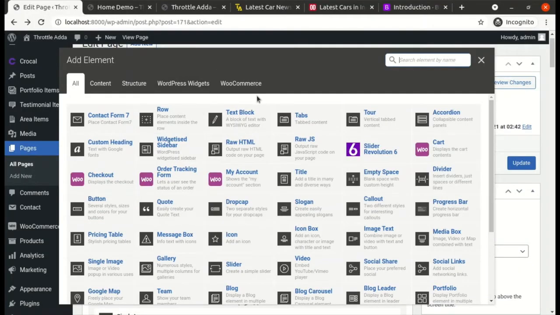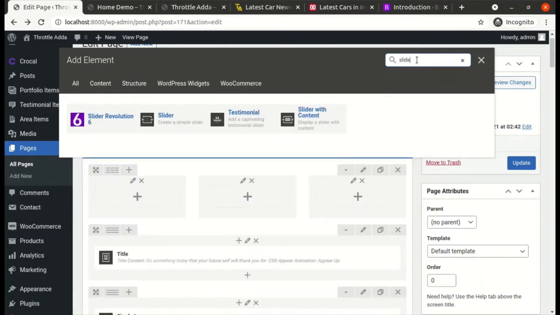This can be a bit experimental. Okay, so don't worry if you're not finding the right element at the very first try. You keep on trying. If you don't like the element that you're adding, you can remove it. You can try some other element as well. Okay, let's search for slider. There are so many options for a slider right now. You would think that which slider should I select?